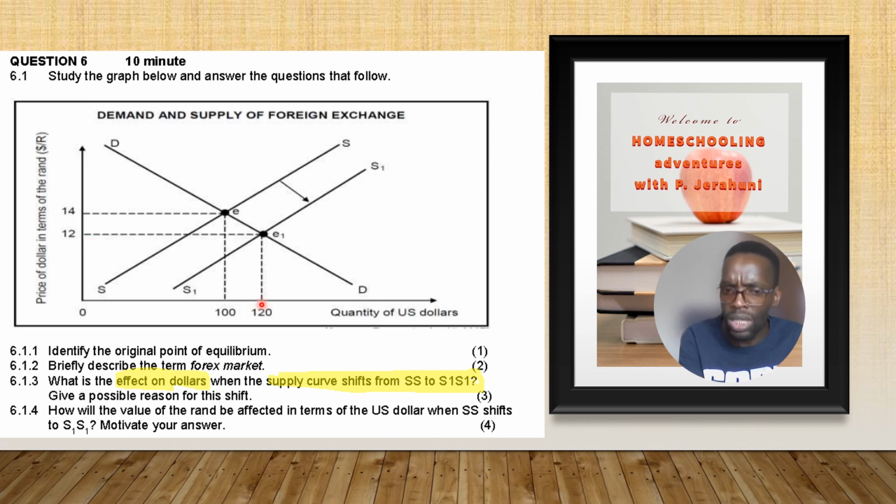It has been so because the quantity of US dollars has increased from 100 to 120, okay? So what is the effect? So here now, the learners needed to understand that the effect that is being asked by the question is the effect in terms of the US dollar. So the effect is in terms of the US dollar, and it's how will the value of the rand